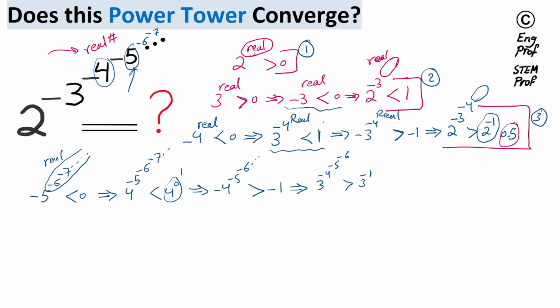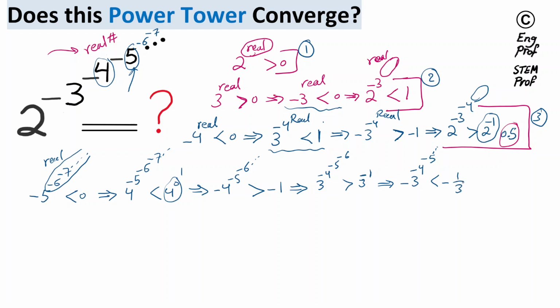And if I keep doing this, the next step here is I can write 3 to the power -1 as 1 over 3, which I'm going to do, but then I need to construct this minus here, so I need to multiply both sides by a negative sign. So again, it would change the direction of this inequality, so I get -3 to the power -4 to the power -5 to the power -6, and so on and so forth, should be less than